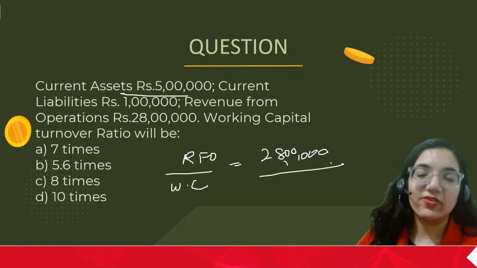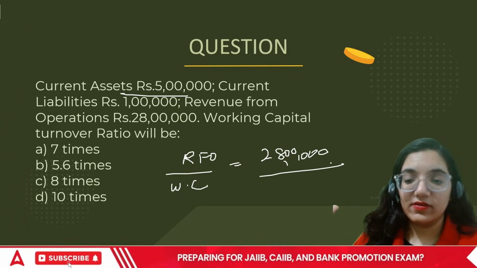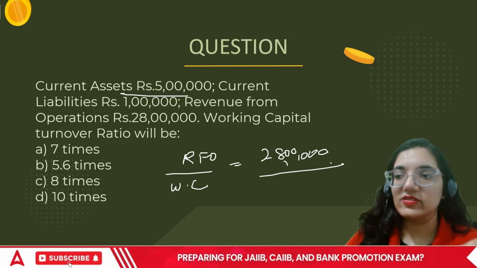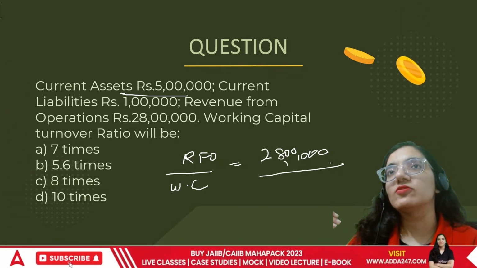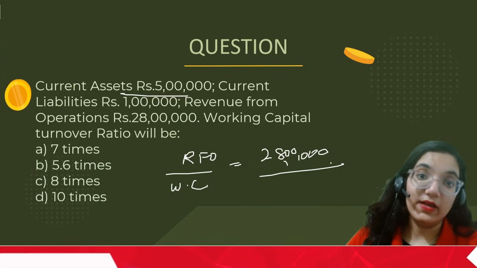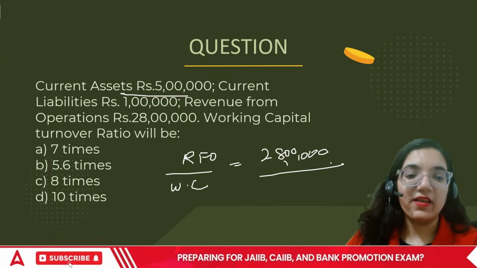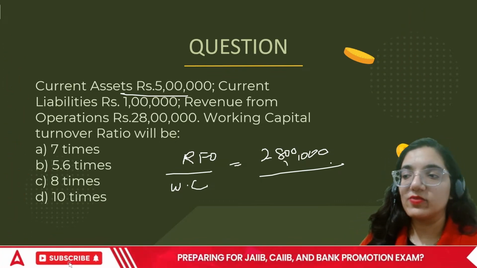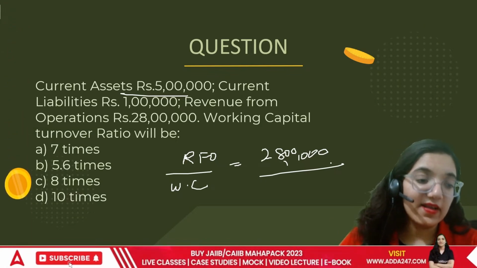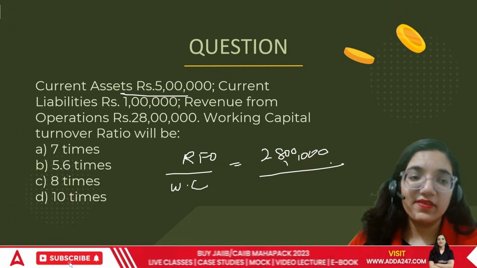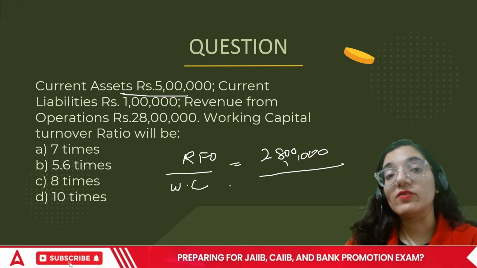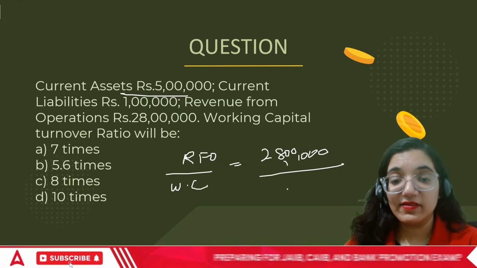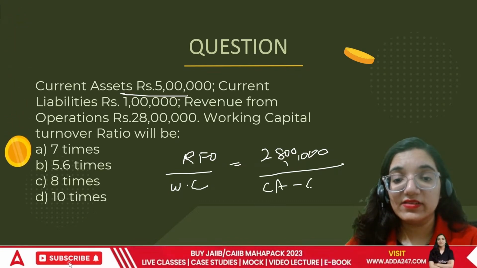And what do you mean by working capital? Working capital is day-to-day working. The lights are on, the fan is working, AC is working, and electricity is going on. Then we are also using water. Those basic things are required. Then I need someone to clean the area as well. There's a cleaner required, there's a helper required. So many things are required. This is basically the money which is required for day-to-day working. It is working capital, that is CA minus CL.